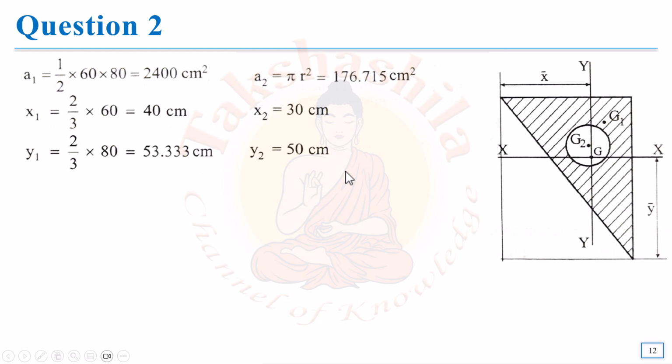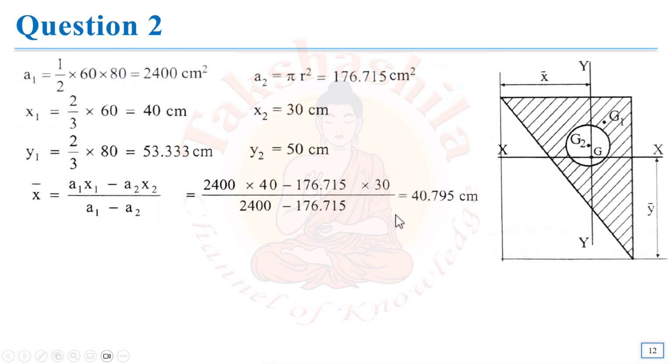So now we have to calculate the moment of inertia about the centroidal axis and transfer that to the required axis. And before that, we haven't defined the required axis, that is, the centroidal axis should be located, right? So let us calculate the value of x bar and y bar first. We know the equation for x bar in this case will be x1 a1 minus x2 a2 divided by a1 minus a2. Why have I put a negative sign here? You already know that the circle in this case is a hollow area, so I have to add a negative sign. Now let us substitute the values, and you can see x bar is coming as 40.795 centimeters. So this is the x bar for the shaded region.